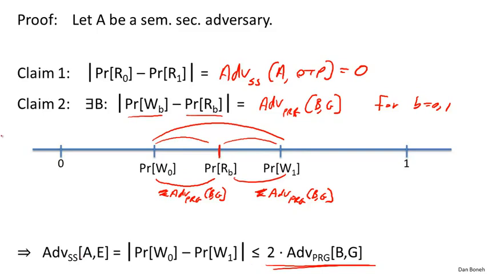Okay, so the only thing that remains is proving this claim 2. If you think about what claim 2 says, it captures the question of what happens in experiment 0 when we replace the pseudo-random pad G(K) by a truly random pad R. Here in experiment 0 we're using a pseudo-random pad, and here we're using a truly random pad, and we're asking, can the adversary tell the difference between these two? We want to argue that he cannot because the generator is secure.